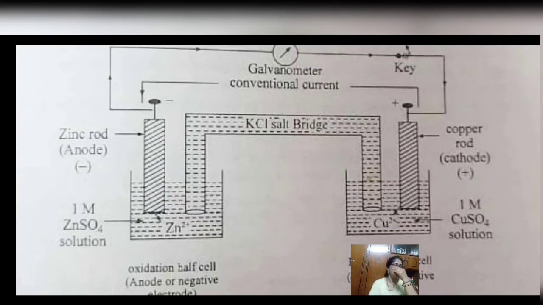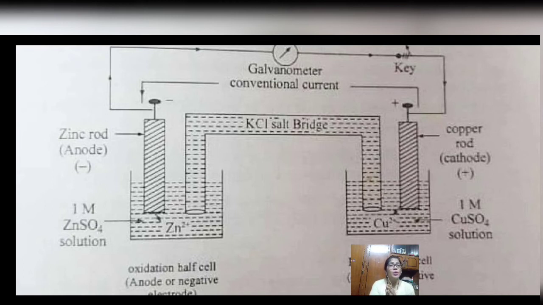Now if we consider this galvanic cell, what is it supposed to do? With the aid of this chemical change, that is zinc getting converted to Zn2+ and Cu2+ getting converted to copper, there is a release of electrons, and naturally these electrons flow from the zinc chamber to the copper chamber, and obviously the current should flow in the opposite direction, as we all know. But this may be the ideal case, but this is not actually happening.